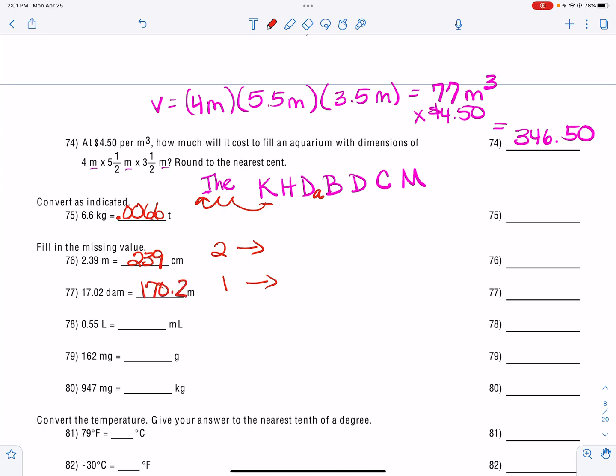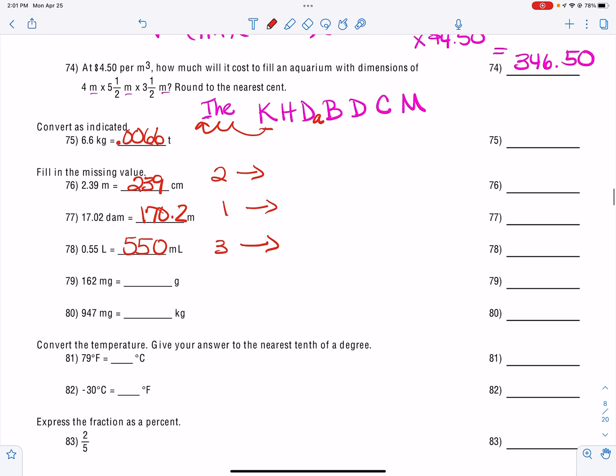170.2. And when we're going from liters, the base, to milliliters, that's 3 places to the right. So that becomes 550 milliliters. And then when we're going from milligrams to grams, that is 3 places to the left. So that becomes